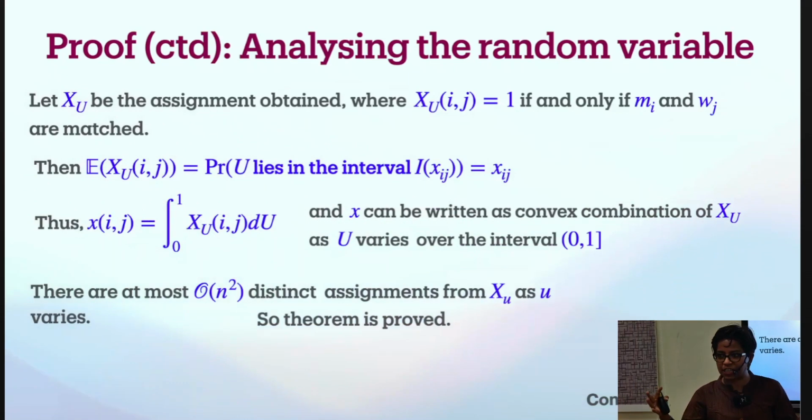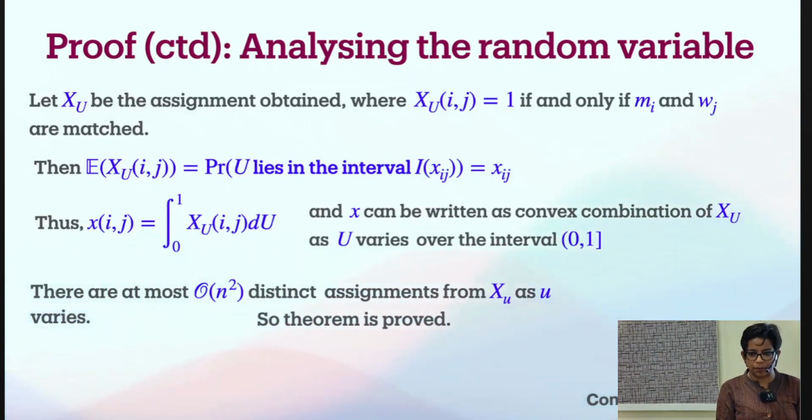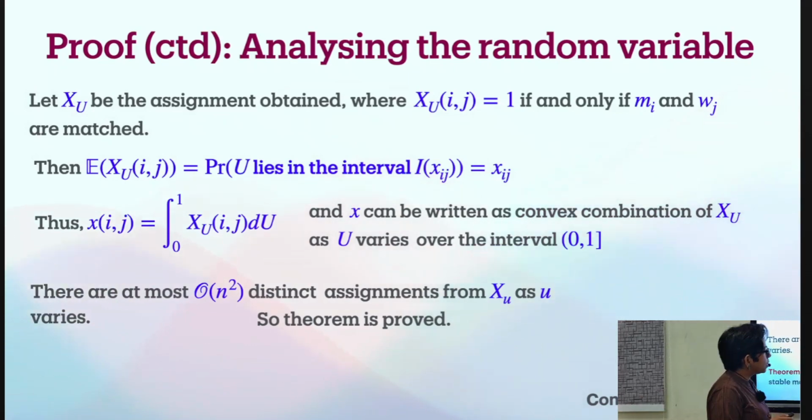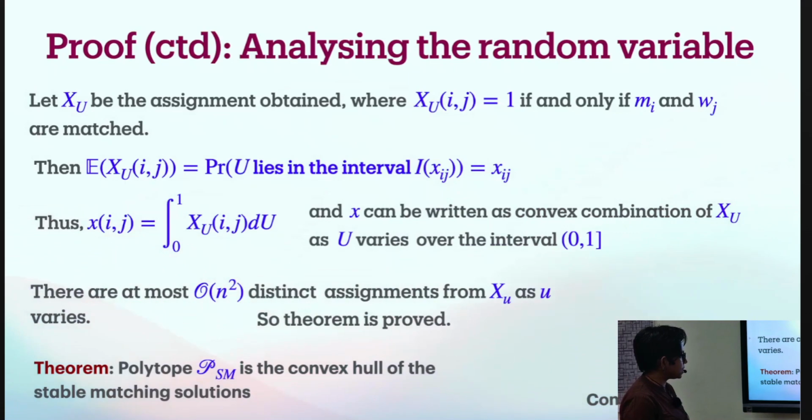Just the way we stacked the intervals, we got this non-blocking pair property as well as the convex combination. Everything sort of follows from the way the intervals were arranged. Okay. All right. So this basically shows that the polytope, the SM polytope, is the convex hull of the stable matching